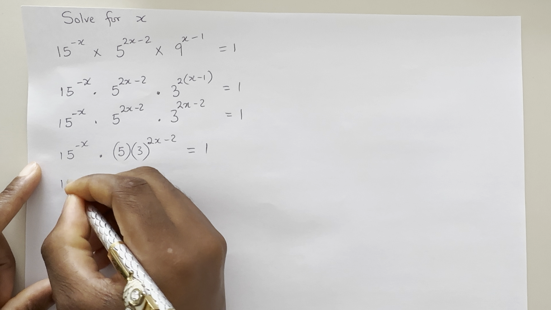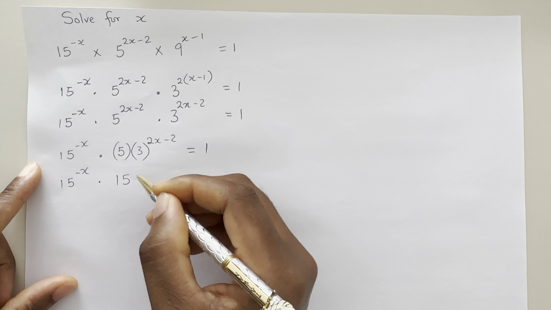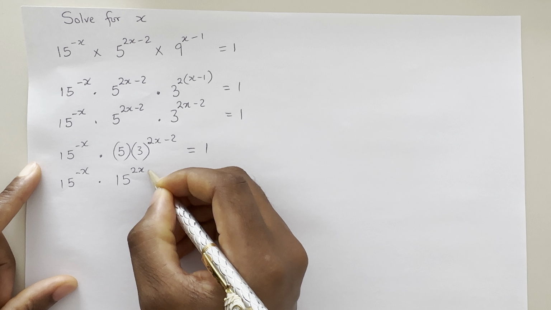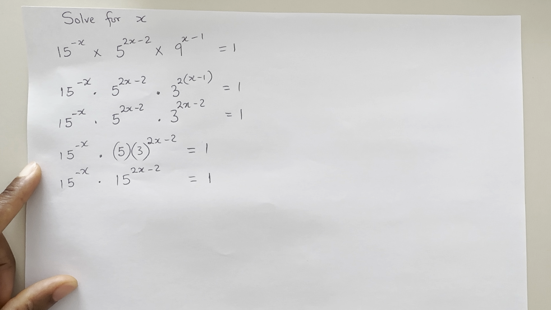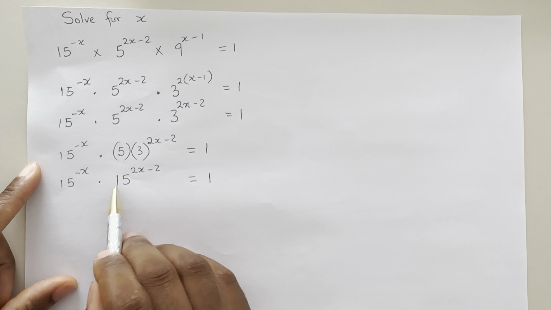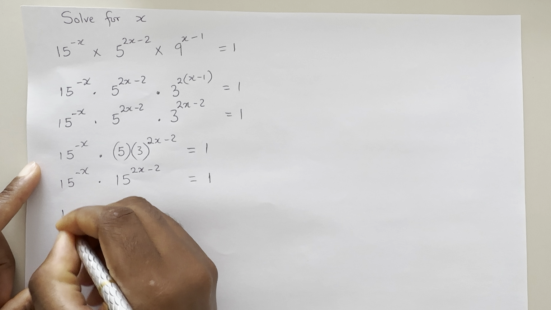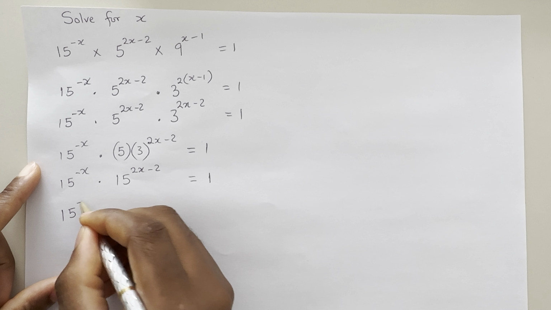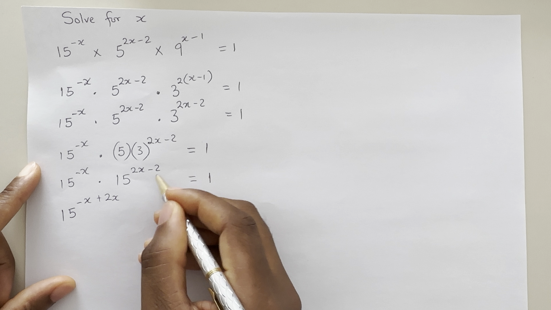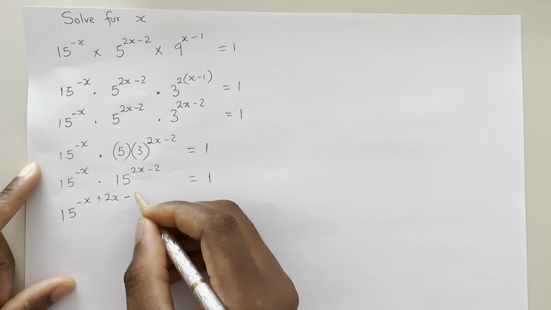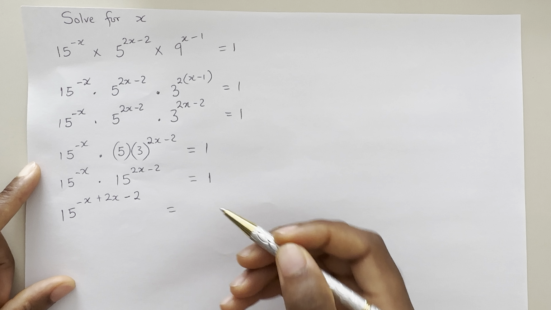Now we simplify: 15 to the power of minus x times 15 to the power of 2x minus 2 is equal to 1. Now, as you can see, this is the same base, so we can simply add the powers because we are multiplying. So it's going to be 15 to the power of minus x plus 2x, and we will be remained with minus 2, is equal to